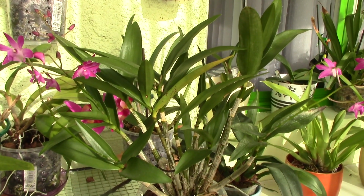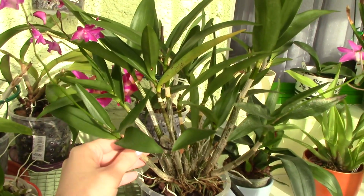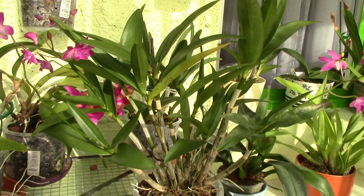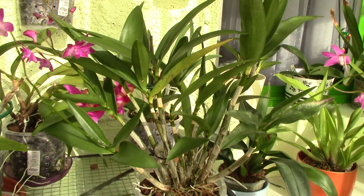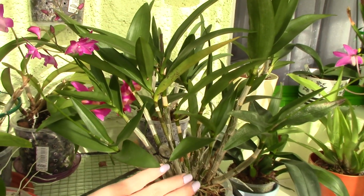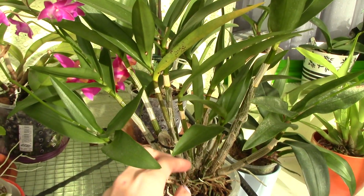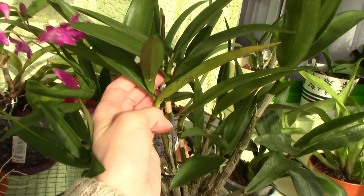The Berry Oda dendrobium produces quite tall canes, but they're not so tall that you won't have space for it in your orchid collection. It does resemble the Kingianum dendrobium, but the canes are longer than the Kingianum. Also, as you can see here, the base of the cane is bare, but at the top it can produce